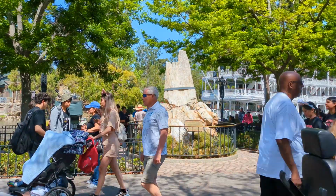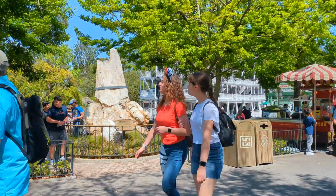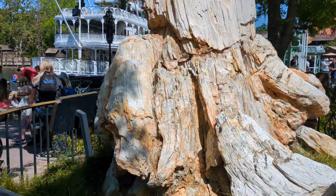All right, the next fun fact in Frontierland is this giant stump of a petrified tree just behind me. I'll tell you that story. So the story behind this tree that you see, this petrified tree, is that Walt and Lillian Disney were both traveling across the western U.S., and Walt loved stopping in